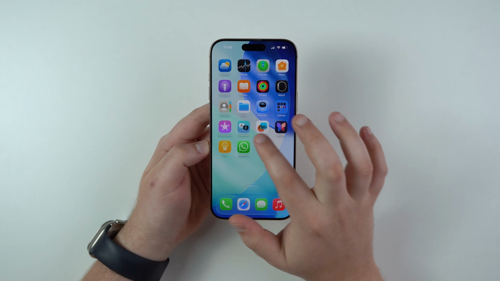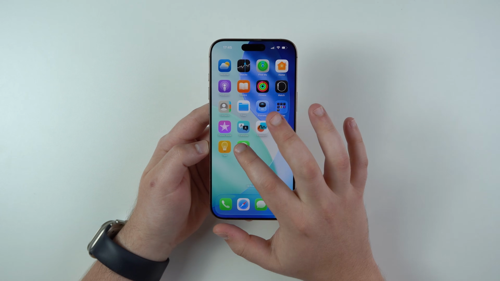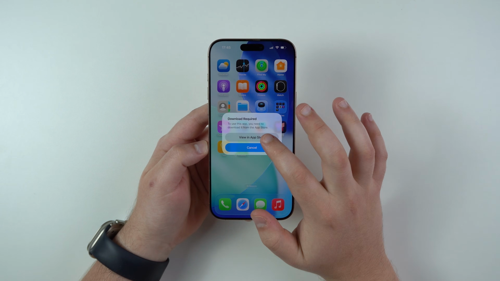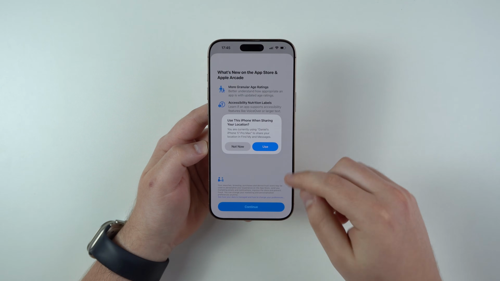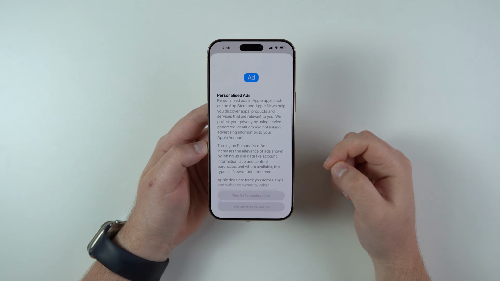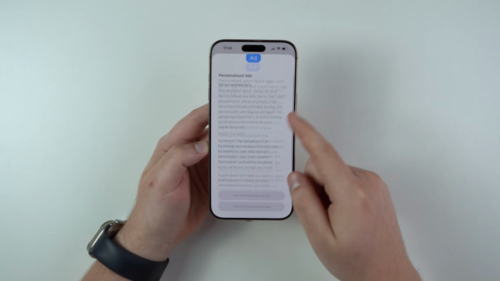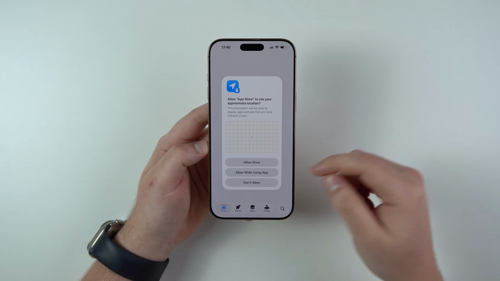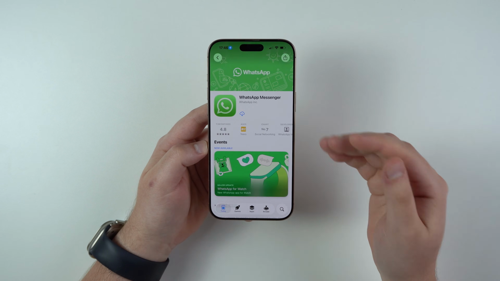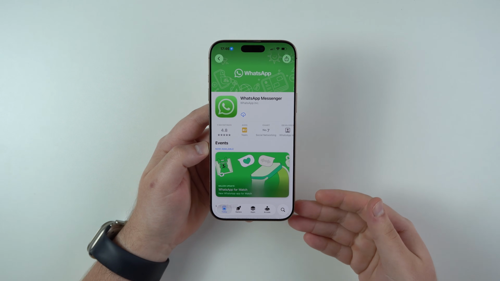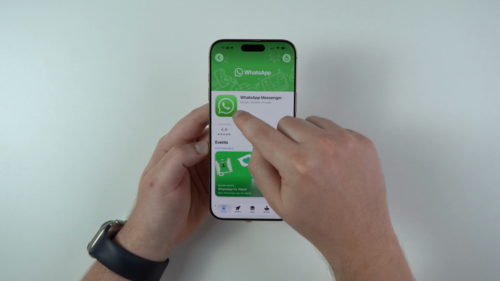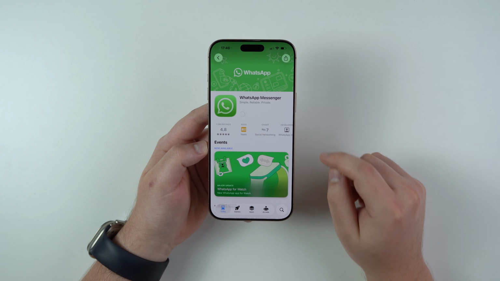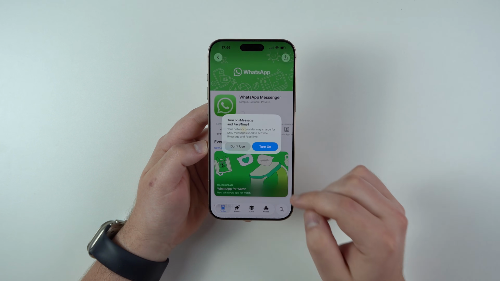As you can see, it's already here. Of course, we have to tap on it and then view in App Store because we need to actually download the app, okay? So you can use the location, you can continue here, you can turn on personalized ads if you want to, and then allow while using the app for location. It's already gonna open inside the WhatsApp page. You can download it and then just do its thing, let it download, and then it's already gonna download with